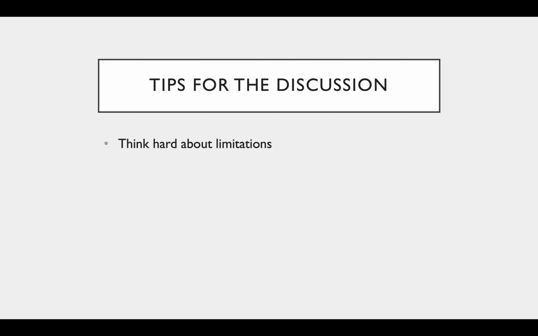Now, when it comes time to talk about the limitations of your study, I want you to think really hard about them. Every study has limitations. Many people, including everyone in this class, but even most professional scientists, are going to be limited by things like sample size, time, resources. That's a given in a lot of scientific papers. And although we always do our best to accommodate for those limitations or work around them, it's always a problem in the difference between what we would ideally like to do in science and the reality of running science.